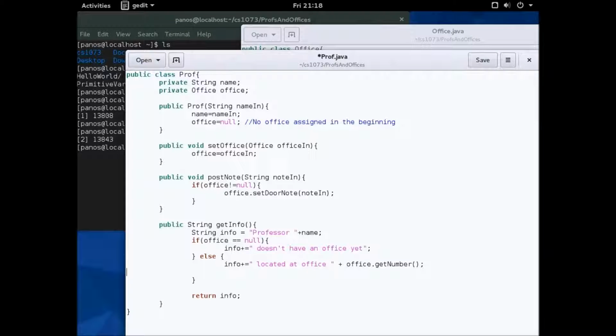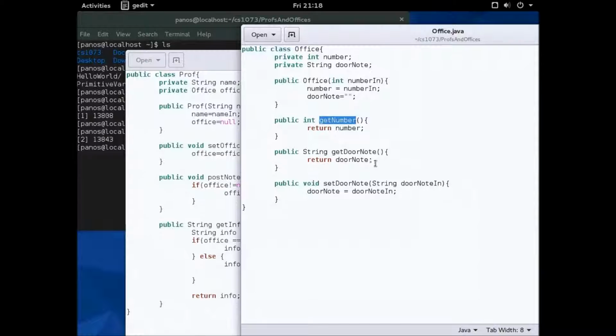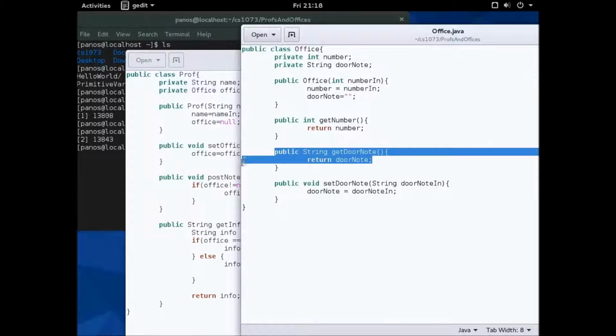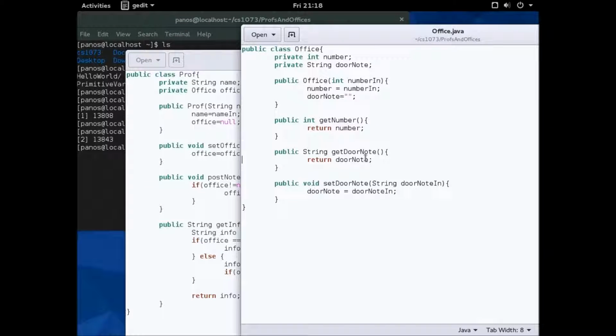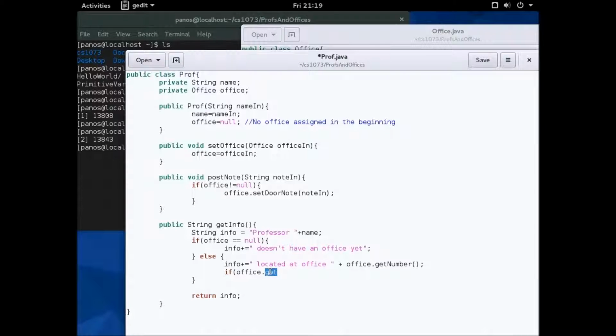And now there's one more case that we want to take care of. What happens if there is a door note, and we can use the door note. So again, this has a relationship. First, we check if there is something posted. So we can say if office.getDoorNote, which gives us access to the door note of that particular office. And then we should say if this is not equal to